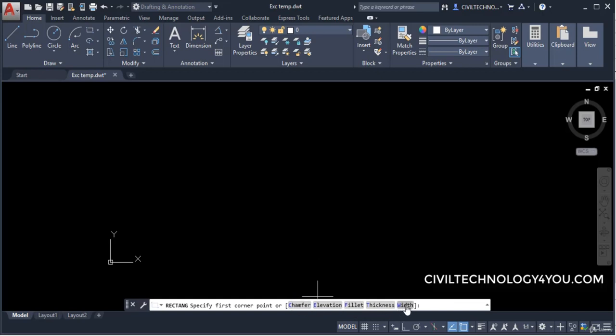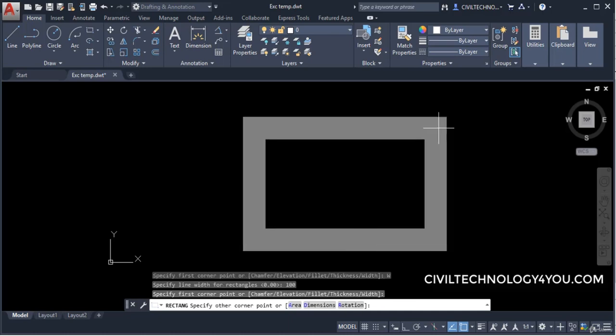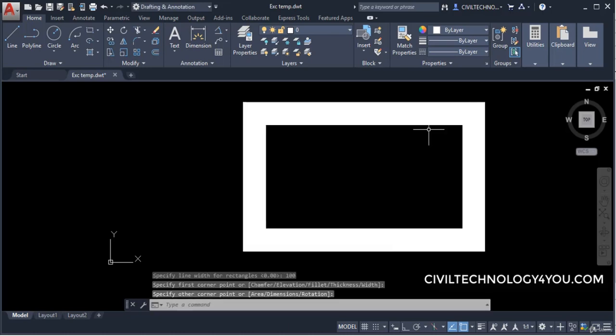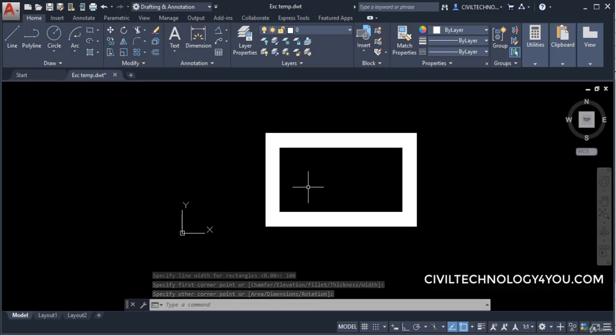So for example, I need a width of a 100 millimeter rectangle. So I will click here to activate this one. Now it is prompting as width of the line. So I will just give width 100 and then I will give the first corner point. Now you can see it is going to create it, and the width of the rectangle here is 100 millimeter.